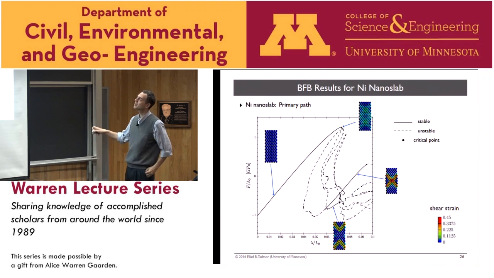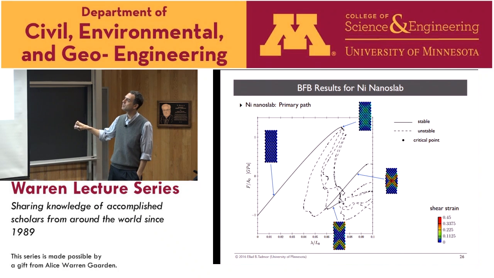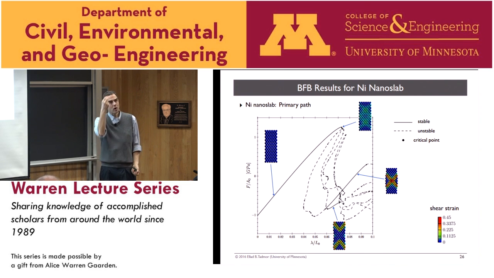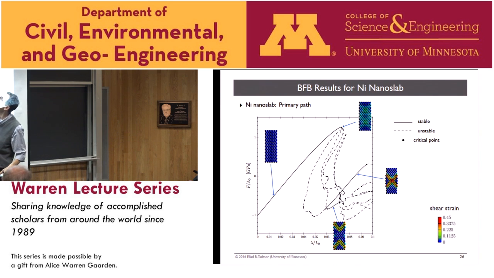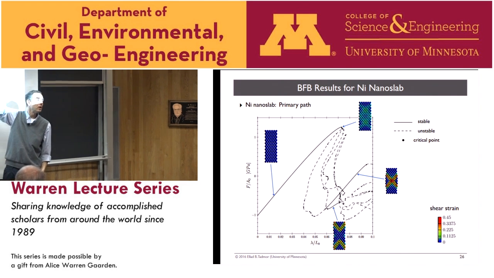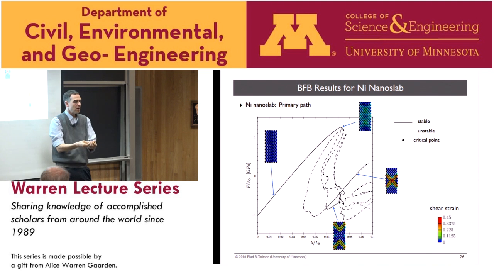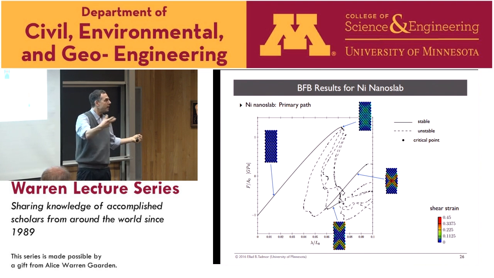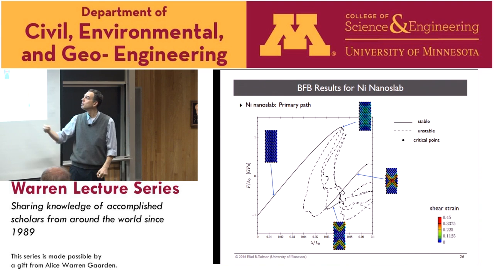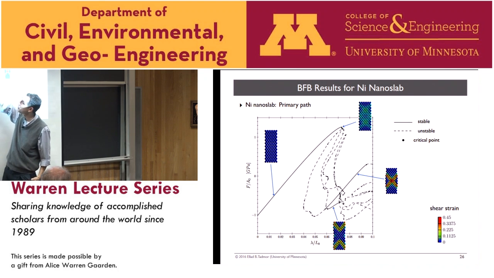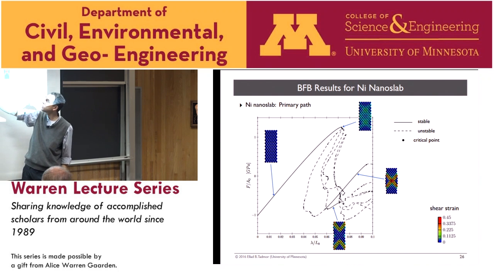And so we apply this method to our little nano column, and you get some pretty wild things. You follow it up. Here's the instability. But then we don't just drop to some random location. This BFP method allows us to go through the bifurcation point and follow the unstable path that comes out of it. And so this dashed line is an unstable solution. If you put your system there and you breathe on it, it'll fall off, right? So it's not stable, but it is an equilibrium solution of the problem. The interesting thing is that those have bifurcation points as well, and if you keep following an unstable path, it sometimes becomes stable again. And then it goes unstable and becomes stable and so on.